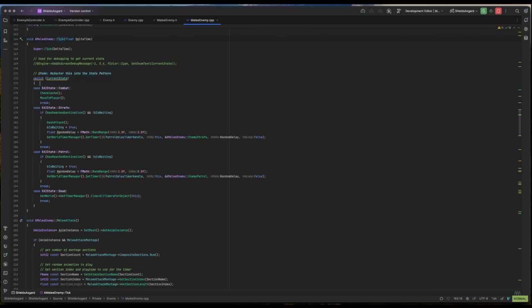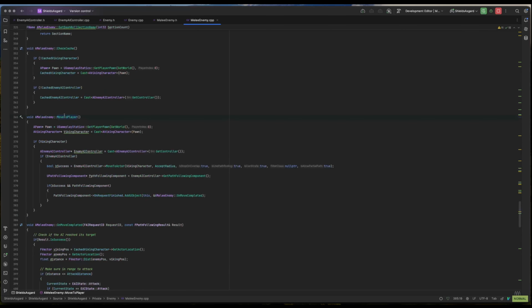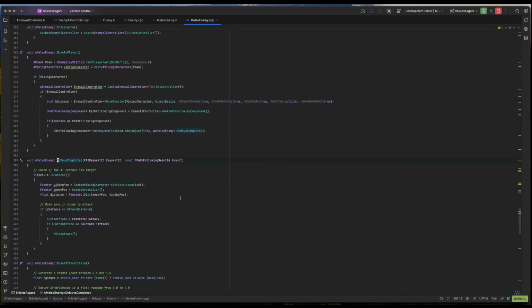So on tick is a switch statement. This is going to be set up differently within the state machine pattern for the AI system. We have current state, combat, and then we have strafe, and then patrol, and then dead. So if we are in combat, we move to the player, things like that. So let's say we go into move to player, we move to the player, and then on move completed, if the move is completed, then it comes down here and it will go through,